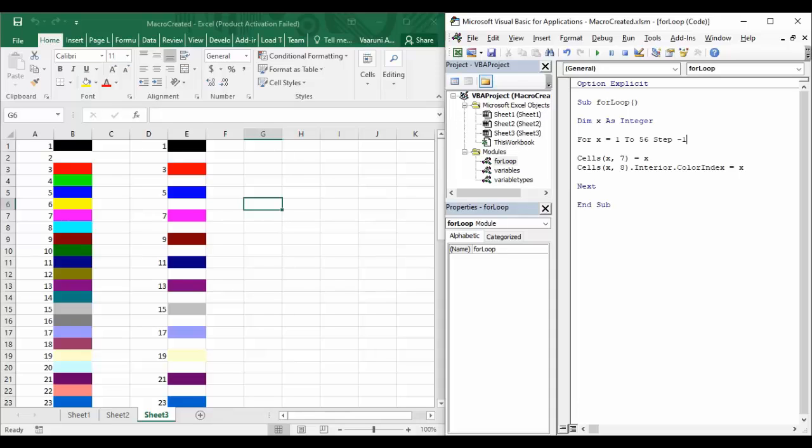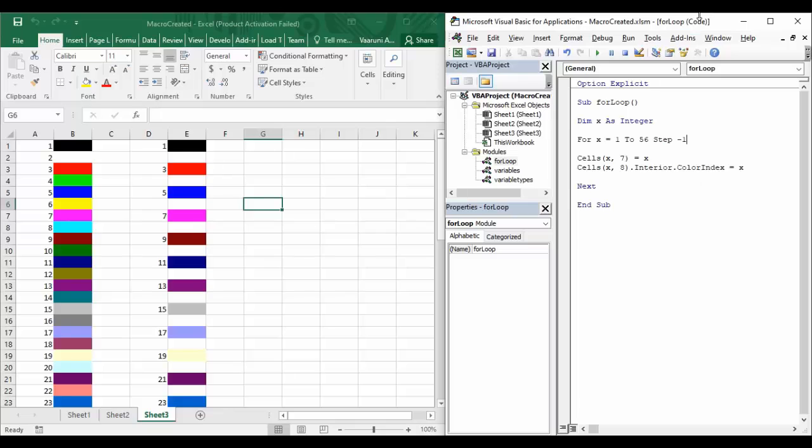Now when we are using the Step function at -1, the for loop would execute in backwards order, that is 56, 55, 54 and so on. The value will keep on decrementing until it comes to 1.